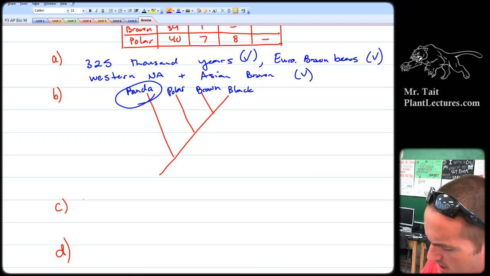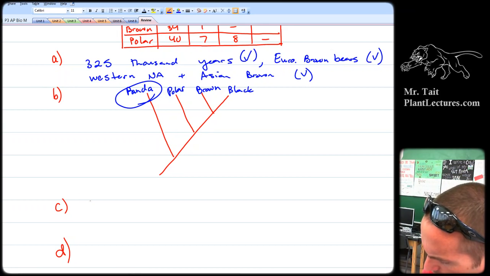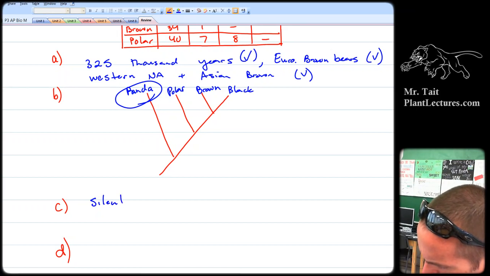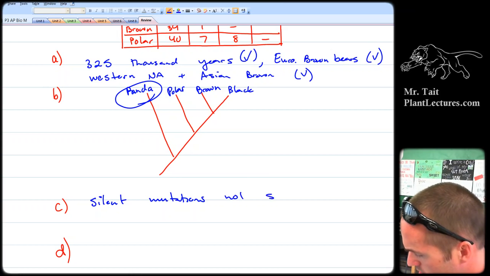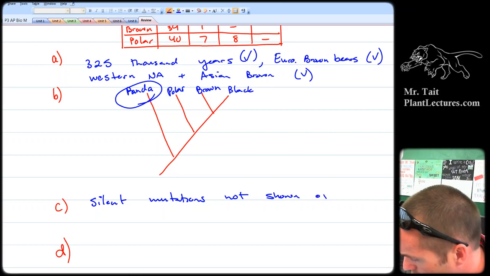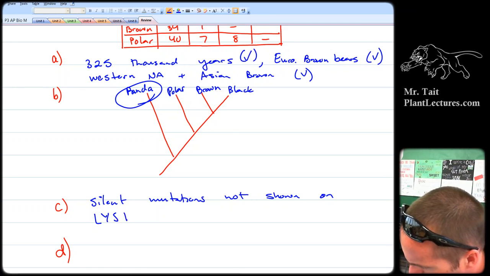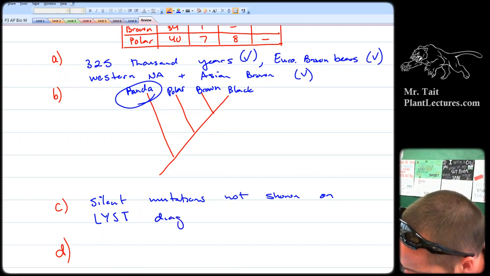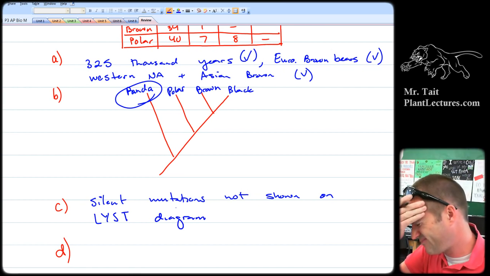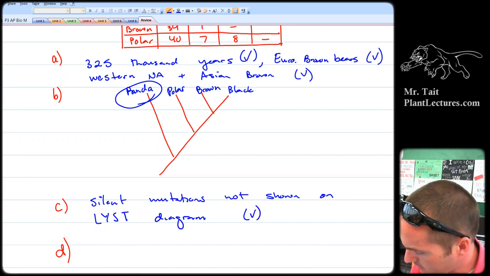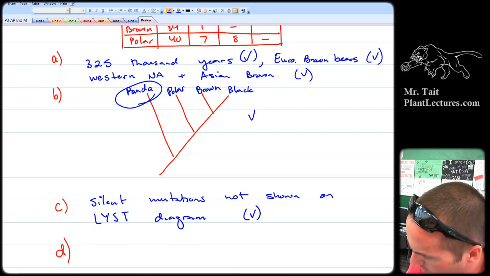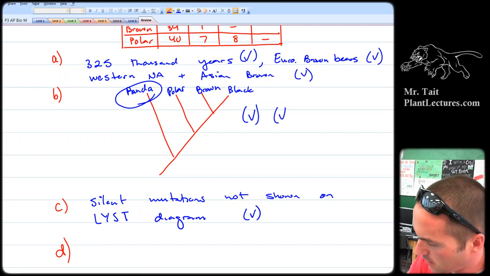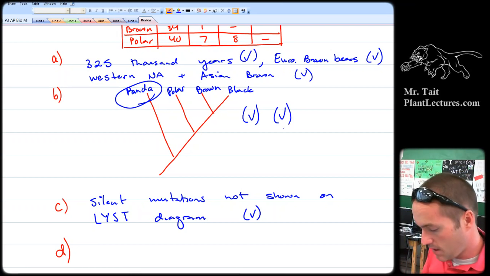I'm just going to say that the silent mutations are not shown on the list diagram, or something like that. Okay, so that's my point for that. 1 point there. This was 1 point for doing the cladogram, and then 1 point for circling the outgroup. And then D